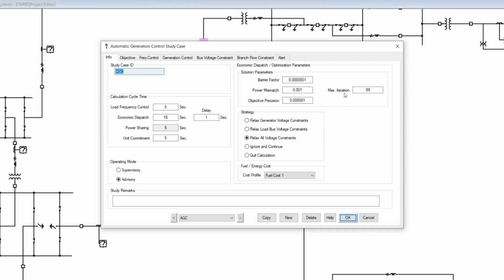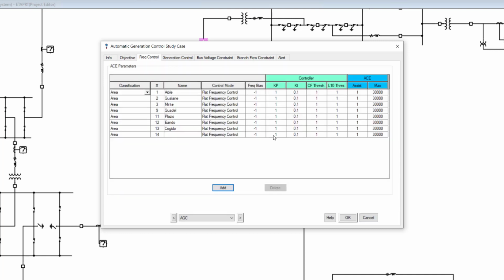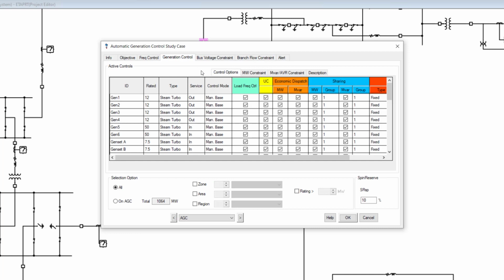We can set up our optimization solution parameters here along with our fuel cost, and define our objectives. And you'll notice that these objectives are exactly the same as the OPF that we used during design stage. And there are additional objectives such as frequency control, power sharing, and unit commitment. We can define certain frequency control parameters here, as well as generation control parameters, but predominantly here we are focusing